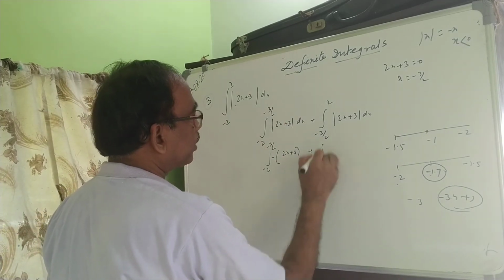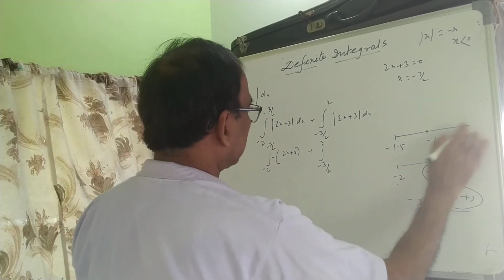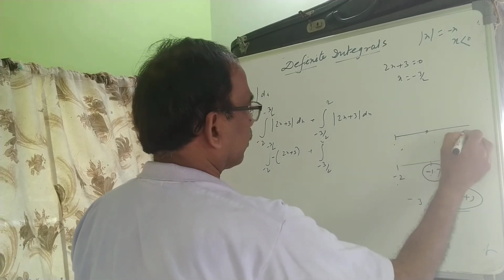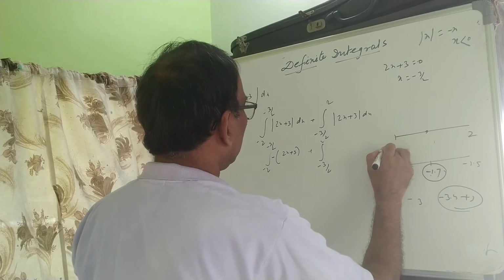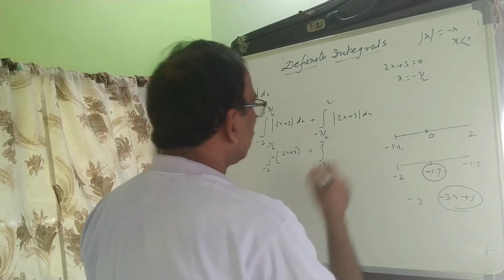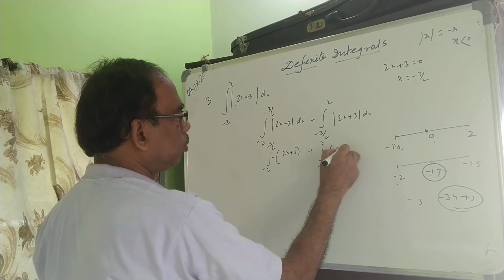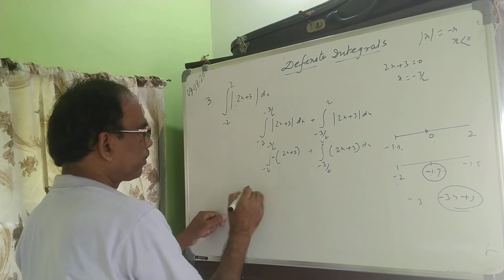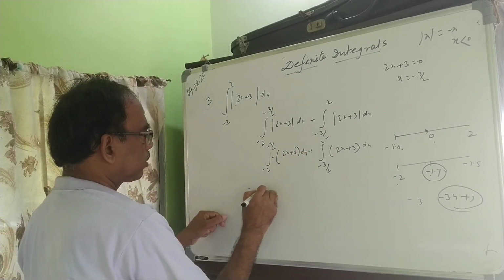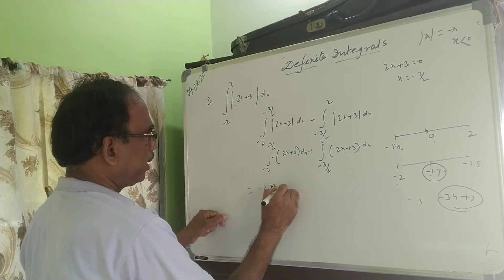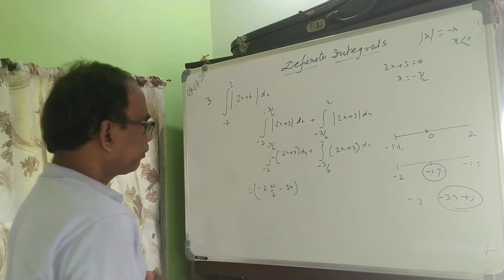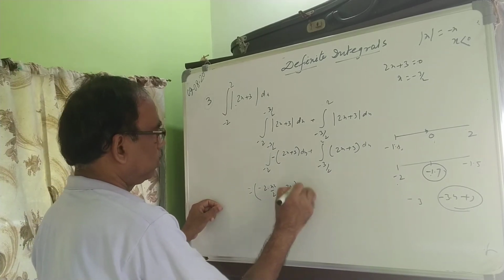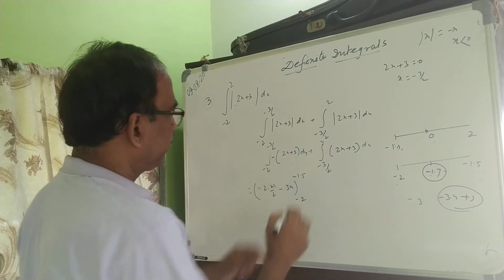Plus minus 3 by 2, here is minus 1.5 lower limit. It is 2. And it is minus 1, but it's putting this and there, suppose 0. This is positive, remove the bracket, 2x plus 3. Remove the modulus, 2x plus 3. Now do simple integration, minus 2 into x square by 2 minus 3x, minus 2 to minus 1.5, upper limit, lower limit.